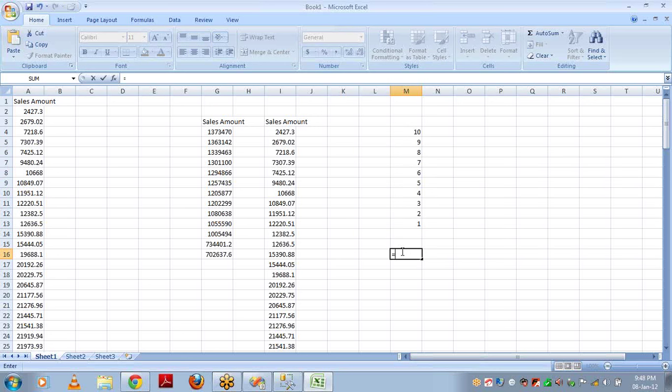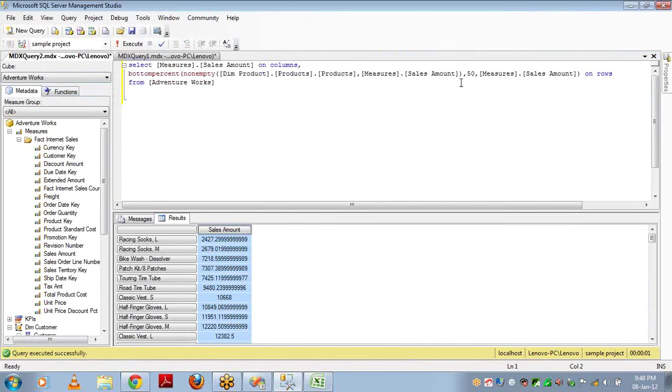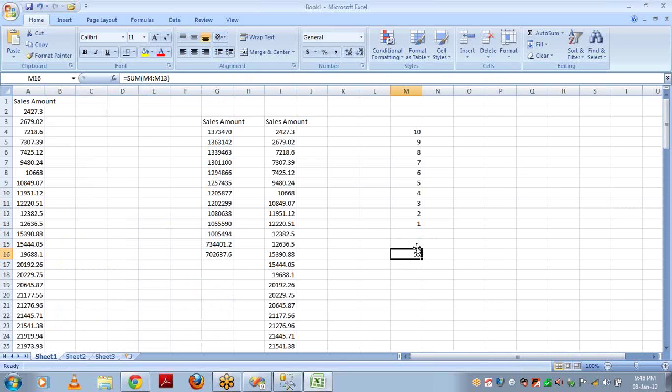The total sum is 55. So what is half of this? If I give 50 as my integer, the second parameter for top percent or bottom percent, 50% of this is 27 and so on.